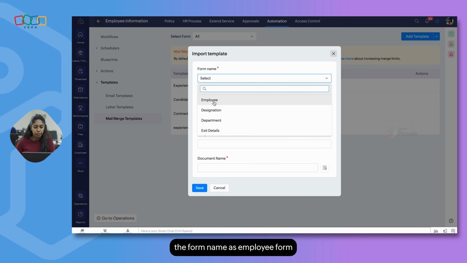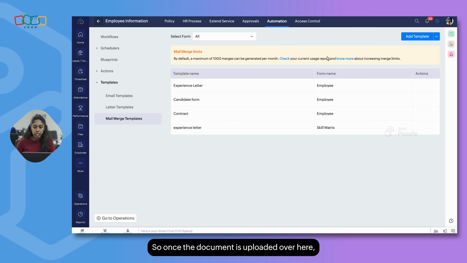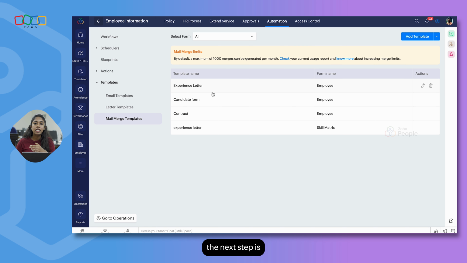You can select the form name as Employee Form because this is for employee onboarding. Upload a sample copy of the letter or document that you already have and then click on Save. So once the document is uploaded over here, the next step is you need to edit the document. We have already shared these steps when we were discussing the candidate onboarding flow customization.